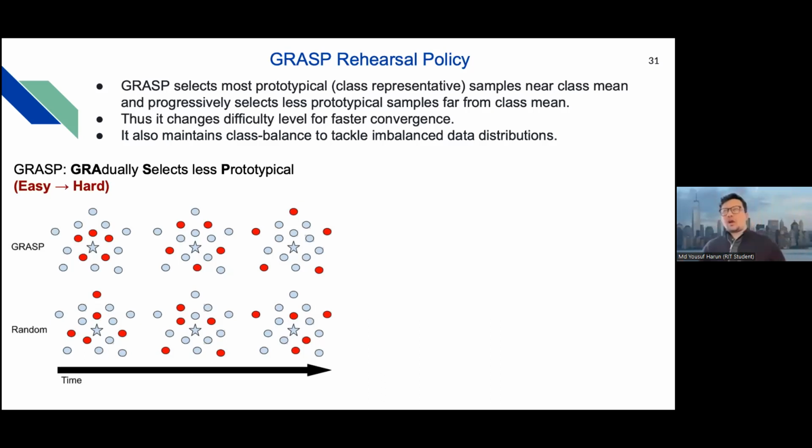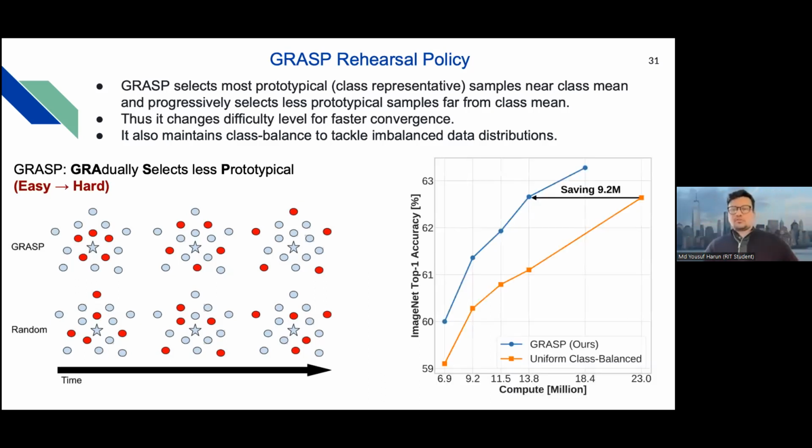So we start with very easy samples and then gradually add up to more difficult samples. And that corresponds to higher computational efficiency, as can be shown here, where we compared GRASP with uniform class balanced rehearsal, and we varied compute. That means the number of updates. And as you can see, for each of these